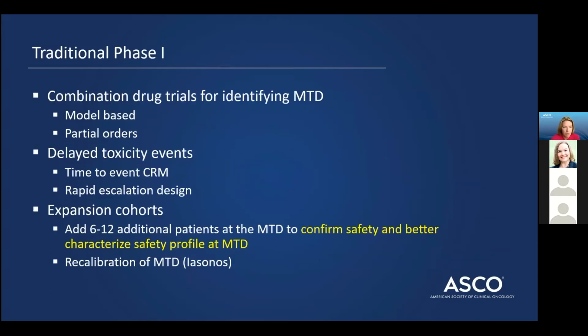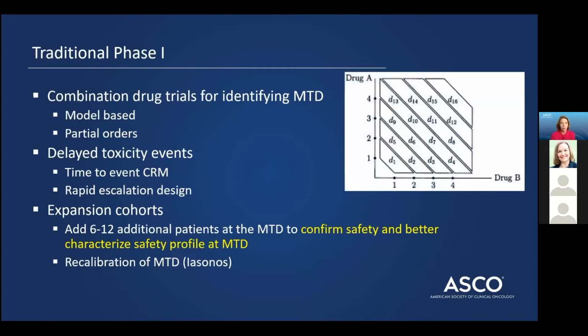Of course, things are not always so simple as having a single agent. We have combination drug trials very commonly in cancer, where we're looking to identify the MTD for both, or at least one of the 2 drugs. There are some model-based designs. Nolan Wages has spent a lot of time on the proportional odds CRM, and this shows the way that he approaches it, where you assume that there are 2 different drugs, drug A and drug B, and that you